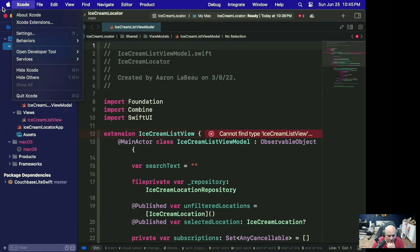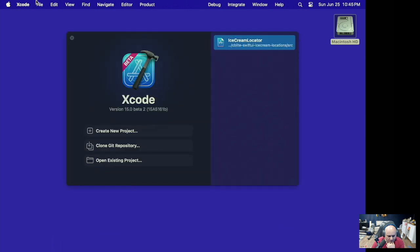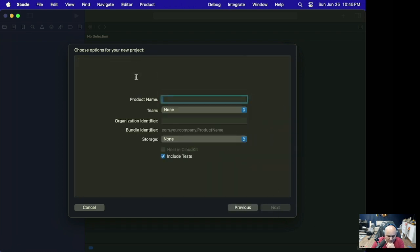So if we were to go, let's actually close this out and try to make a new package and see what happens here. So let's go to Xcode and say we want a new project. And we want an app. We definitely want an app, and multi-platform sounds great. Let's see, we'll call this...